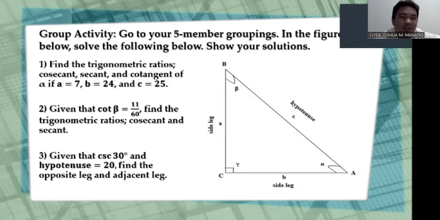So what is the cosecant beta? Very good. It's 61 over 60. Then the secant, very good. It's 61 over 11. Okay. So next up, for number 3, given that cosecant 30 degrees and hypotenuse is equal to 20, find